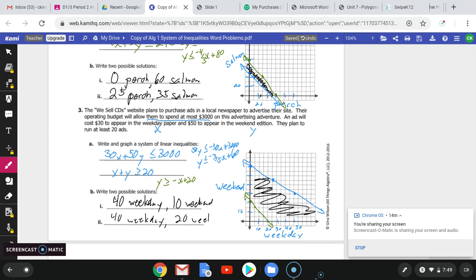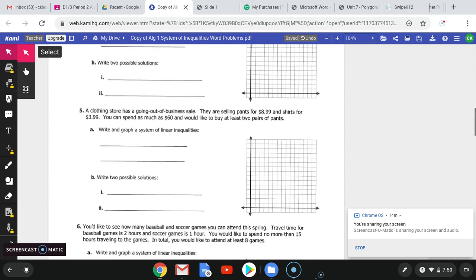All right, so that's how you do word problems with linear inequalities. So what I want you to do is try the next 3 on your own here, and then